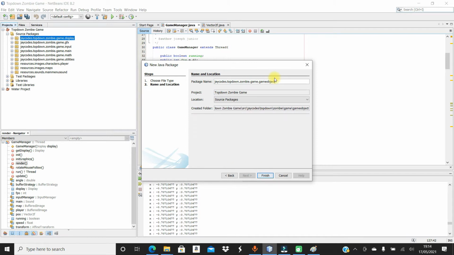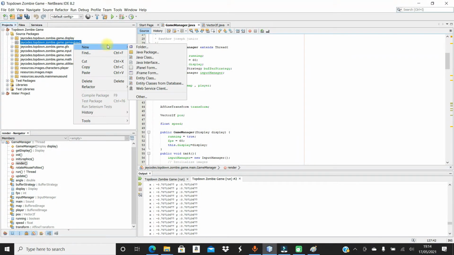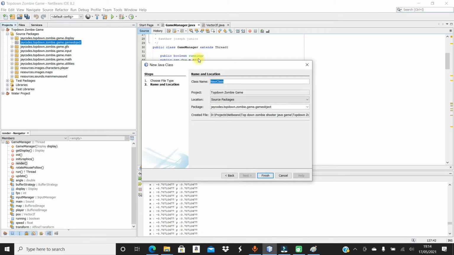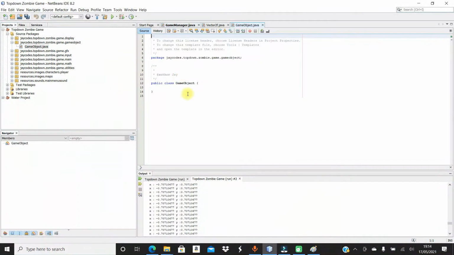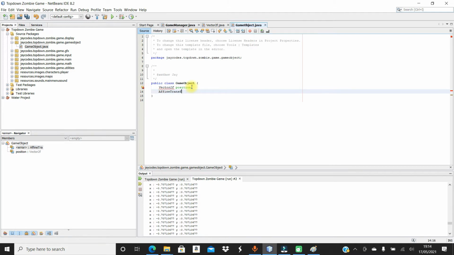Inside there we're going to create a new Java class, and I'll name it game object, and it will simply have a Vector2f position, and then an affine transform, transform,